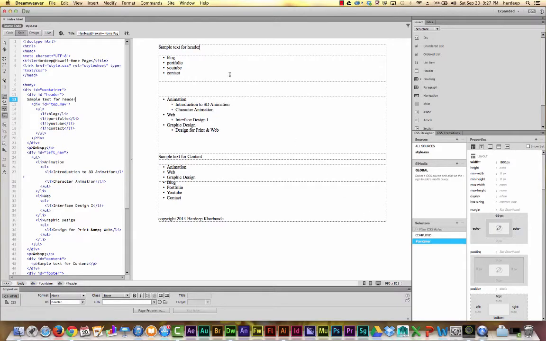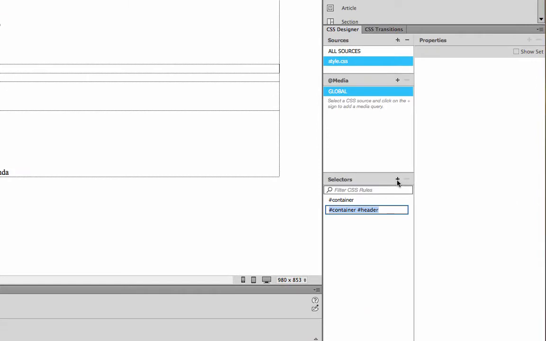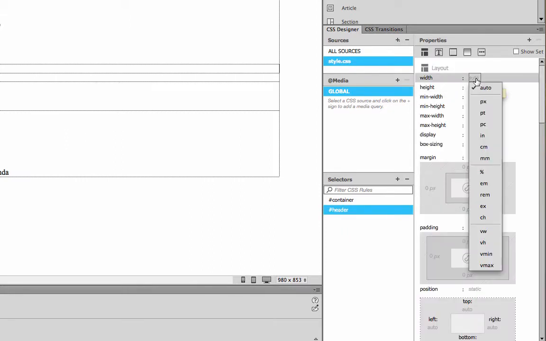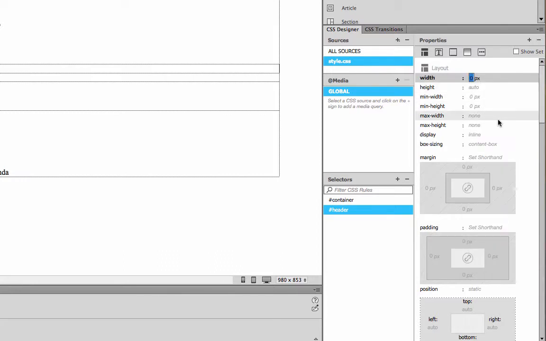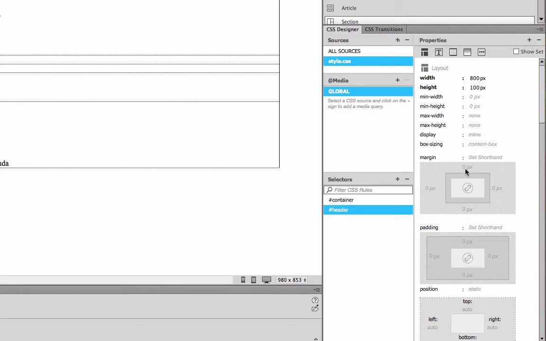So back in Dreamweaver, I place my cursor in the header, go down to Selectors, and click Add Selector. Now, since I have only one header in the page, I can delete the hash container, leaving only hash header as the selector, and it'll work just fine. Now coming up to the properties, I set the width to 800 pixels, the height to 100 pixels,